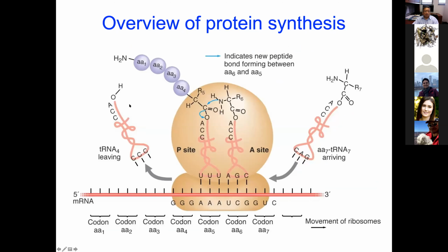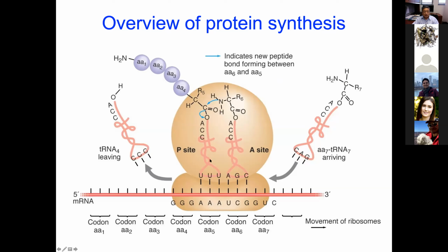So now I have to give you a brief overview. This is one of the very first few slides from when we talked about protein. I'll give you a brief overview about how the ribosome catalyzes the reaction to form a peptide bond. And you see, this is the growing polypeptide. Let's assume we are looking at this process in the middle of protein synthesis. And don't worry about how it is initiated. We'll talk about how protein synthesis gets initiated in the next lecture.